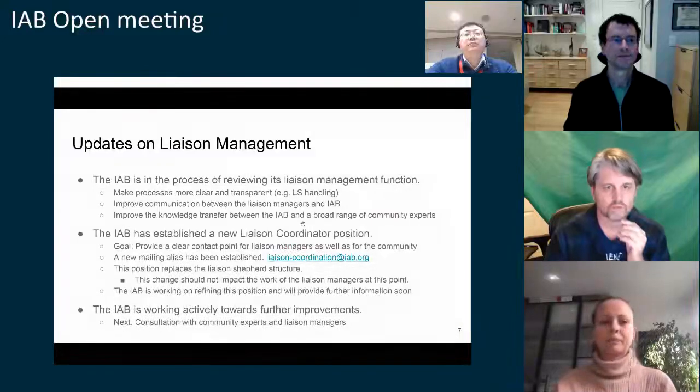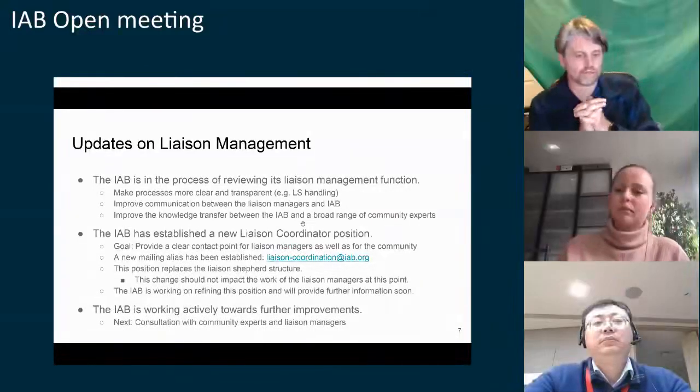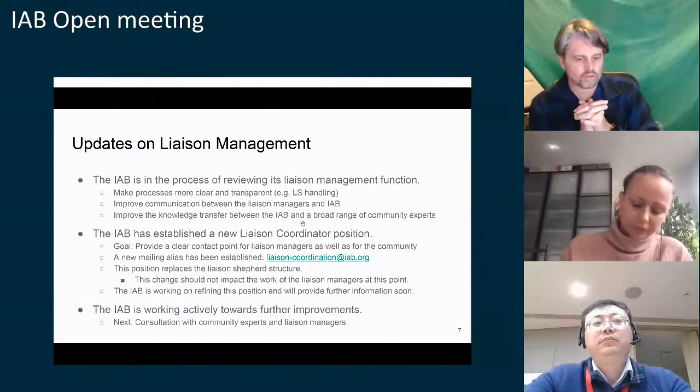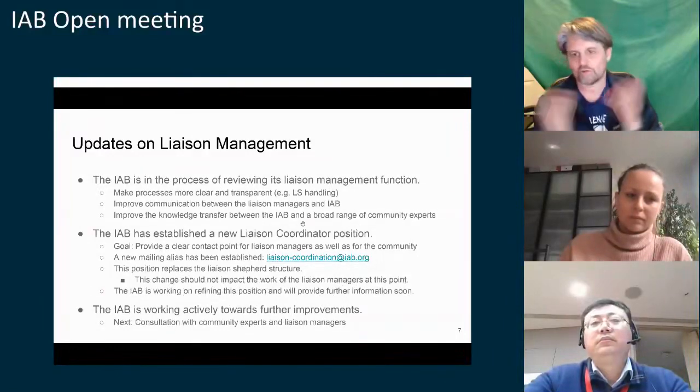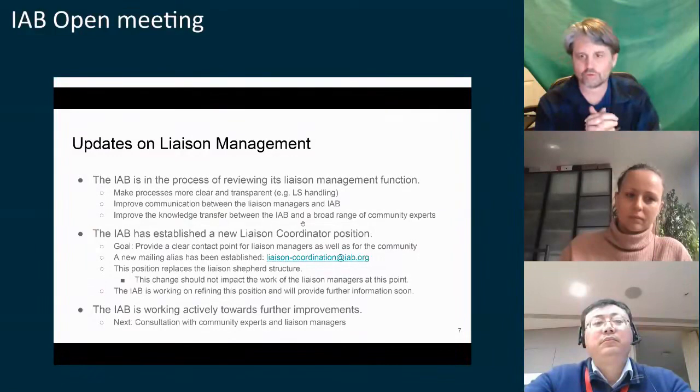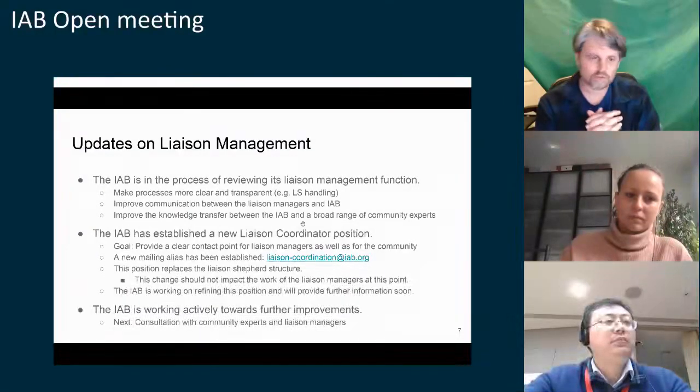Yep. If I can add to that really quickly, the important thing to take into account is that all technical discussions should happen regardless of whether there's a liaison relationship, and regardless of anything else. There's nothing stopping IETF participants from engaging in multiple other communities.